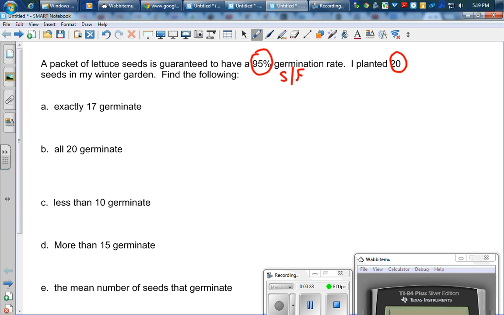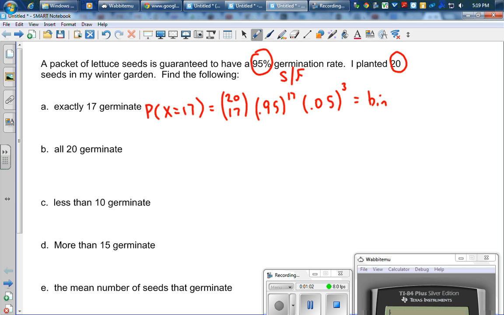Letter A says find the probability exactly 17 germinate. That's the probability that x equals 17. The work is going to be 20 choose 17 times the probability of success, and I need 17 of those, times the probability of failure, and I need 3 of those. Now that's what I'm going to write, but what I'm actually going to do is the binom PDF